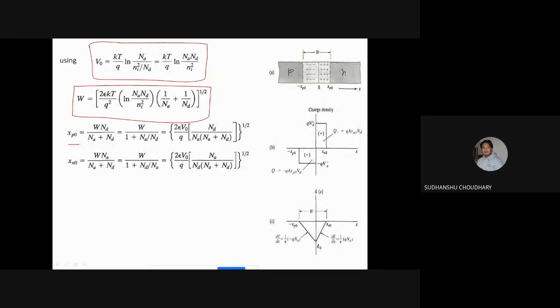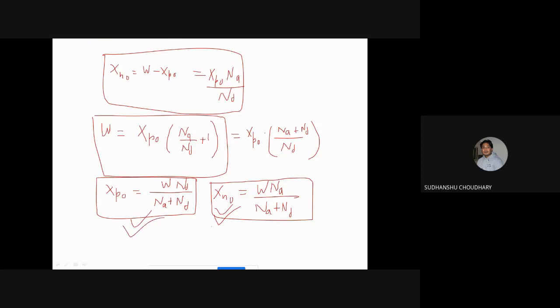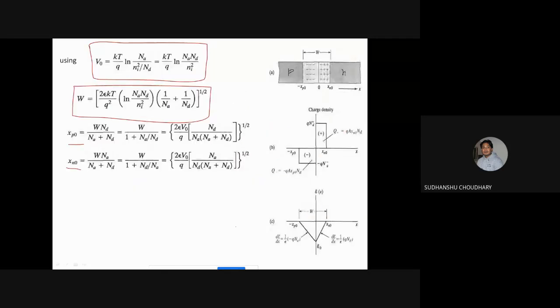So this equation modifies and this turns into this now. And Xp0 and Xn0 we have already calculated. Right? We have already calculated Xp0 and Xn0, so we do not have to calculate again. And of course this can further be rearranged and written in this form. So all these parameters are now known to me. That is, Xp0 is known, Xn0 known, W also known. Then the electric field E0 is also known, V0 is also known. So everything is now known to me.